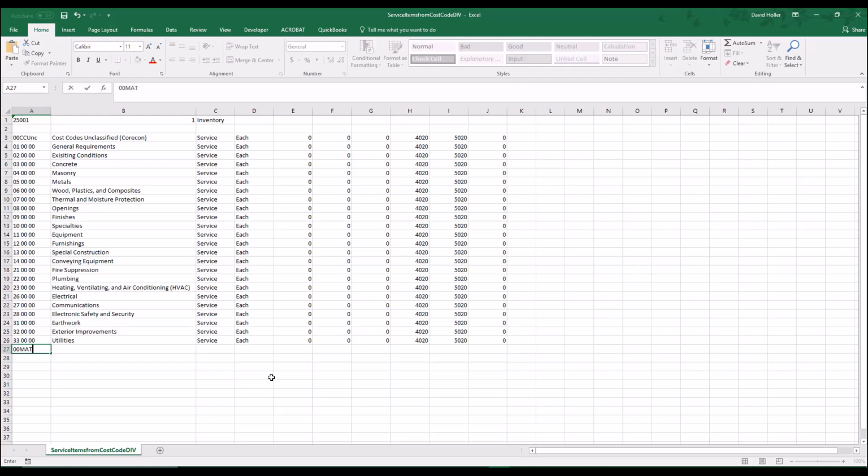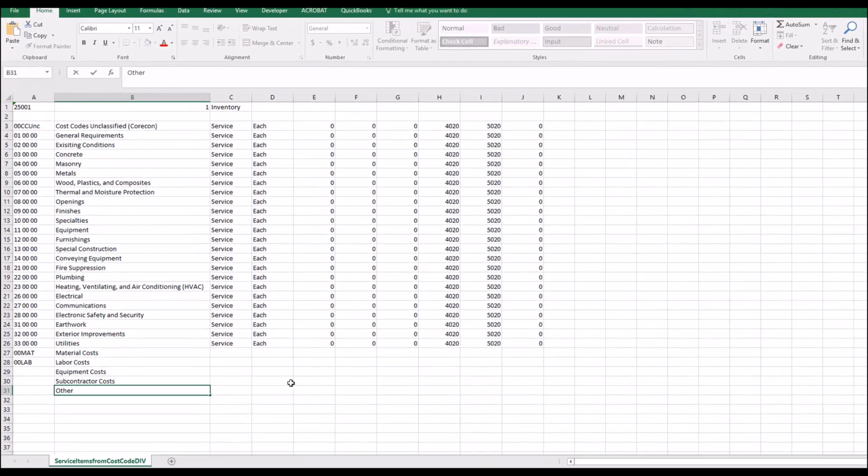And I'm just going to go ahead and add those items now. And I'm going to call them 00 MAT, and this will be for materials. 00 LAB, and I use the 00 just so it sorts to the top when we're doing the AccountingLink preferences. And maybe we should call this material costs. So this one we're going to call labor costs, and we'll call this equipment cost. Contractor costs,